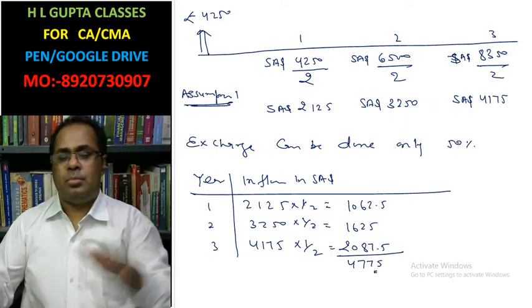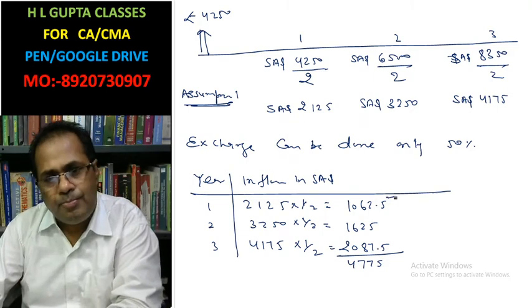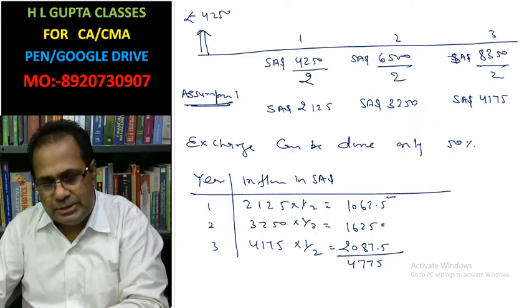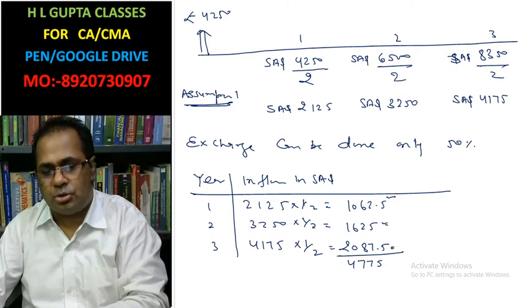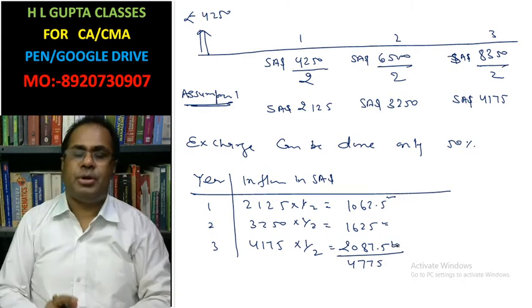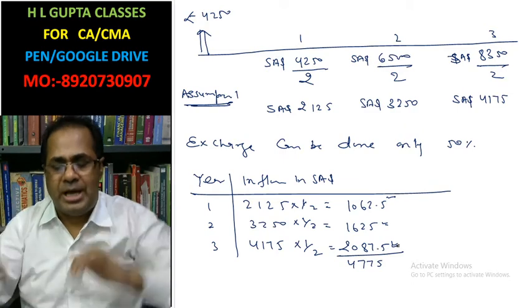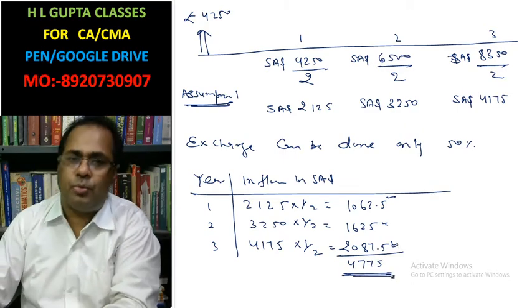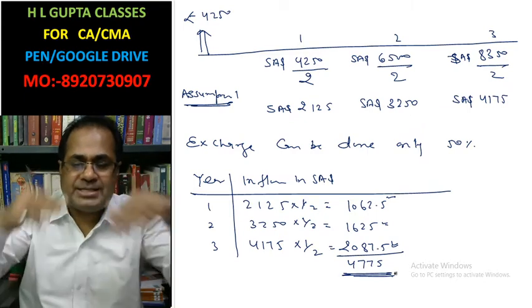It means this amount you can convert in the first year, and half of this you will convert in the third year. This amount you can convert in the second year, half of this you will convert in the third year, and this amount you will convert in the third year, and the other half will be converted at the end of the year. All of this remaining amount will be converted in the third year into pounds due to exchange controls.